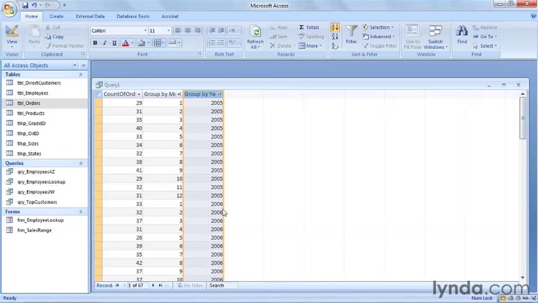So this is how we would use the month and year functions to format our dates. We have similar functions for day, so that would be day and then parentheses, or weekday, and then parentheses. There's also functions to do the same thing for times, for hour, minute, and second, and they would work exactly the same way. So in order to maintain flexibility, it's always best to store data based on the finest